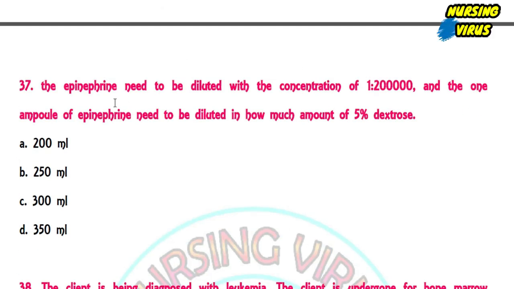So the next one, epinephrine needs to be diluted to a concentration of 1:2 lakhs ratio, and 1 ampule of epinephrine needs to be diluted in how much amount of 5% dextrose or normal saline. That is 250 ml of normal saline or 5% dextrose will be used to make the 1 ampule of epinephrine